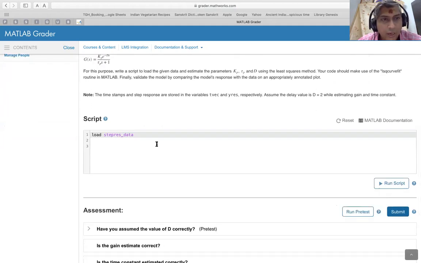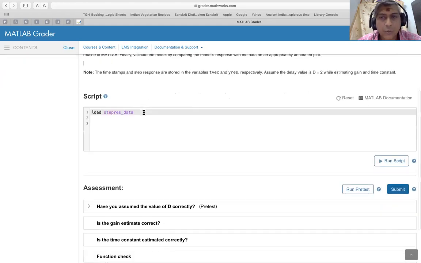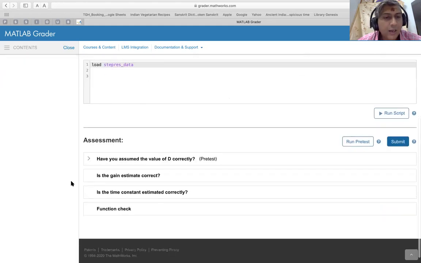Once the data is loaded, the learner will work with these two variables, tvec, which contains the timestamps at which the response was measured, and yres, which is the response to the step input in the flow rate. And the requirement is that the user should use, as mentioned in the problem description, LSQ curve fit. That is mandatory, right?